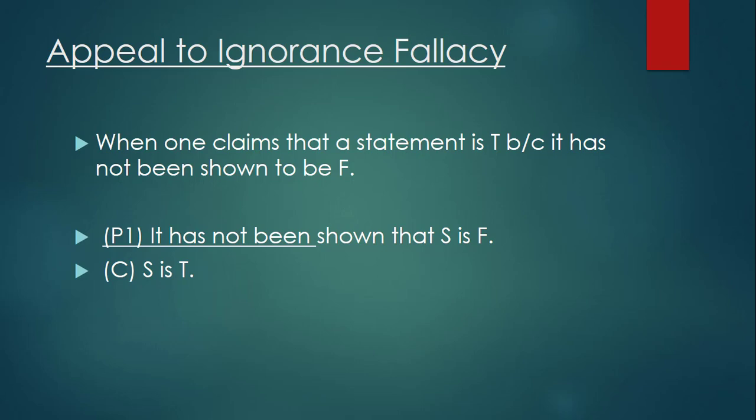In order to show that some statement S is true, you need positive confirming evidence that statement S is true in order to justify it. So if I want to try to conclude that invisible fairies do exist, I need some kind of positive confirming evidence that these kinds of fairies exist. I cannot sufficiently justify my conclusion merely by saying, well, it hasn't been shown to be false yet that invisible fairies exist, so therefore invisible fairies exist. Right? That kind of move does not work, and that is to commit a fallacy, namely the appeal to ignorance.